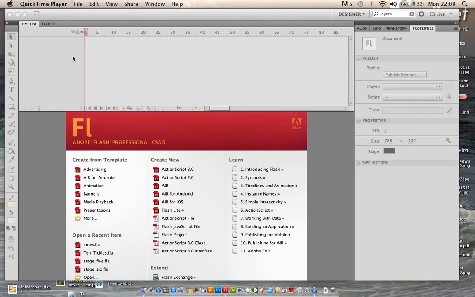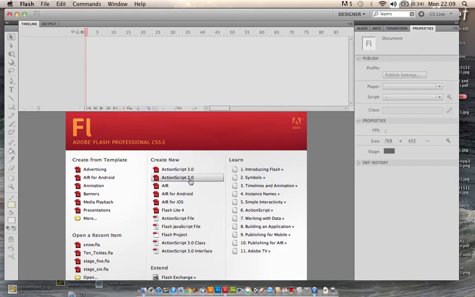Okay, as promised, this is an online tutorial in the stuff that we've covered on Group A and Group B for Level 2 in Multimedia. Okay, so start by opening Flash up, and we're going to select ActionScript 2